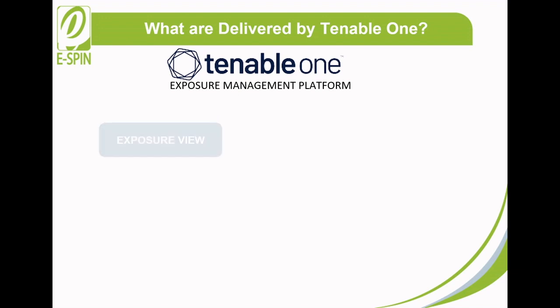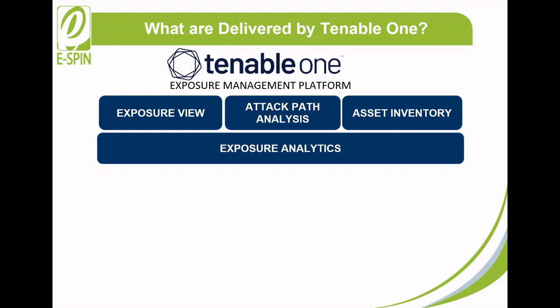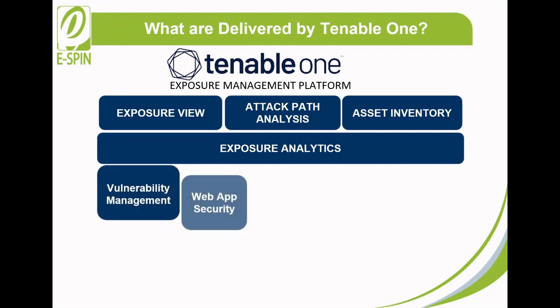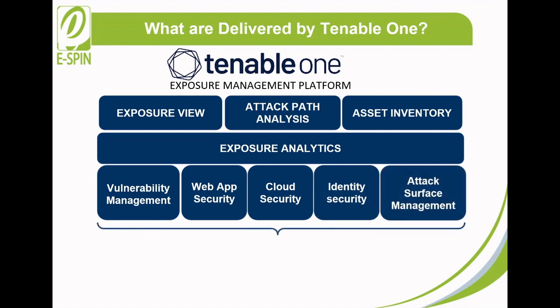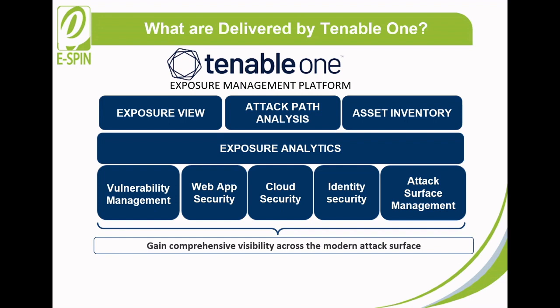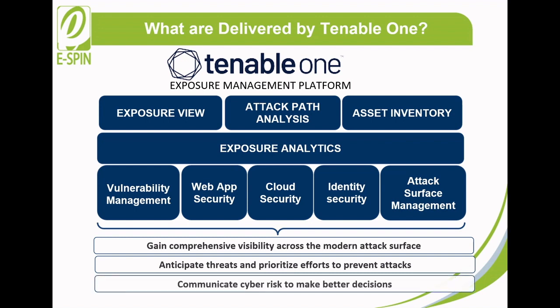Tenable One offers exposure view, attack path analysis, asset inventory, and exposure analytics through the integration of various Tenable One products' functionalities, including vulnerability management, web app security, cloud security, identity security, and attack surface management to allow organizations to gain comprehensive visibility across the modern attack surface, anticipate threats, and prioritize efforts to prevent attacks and communicate cyber risk